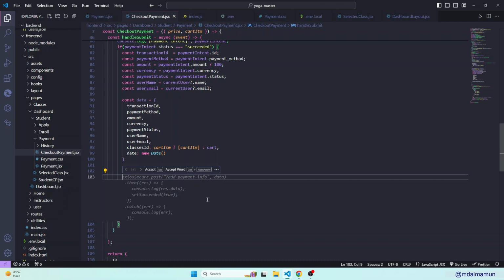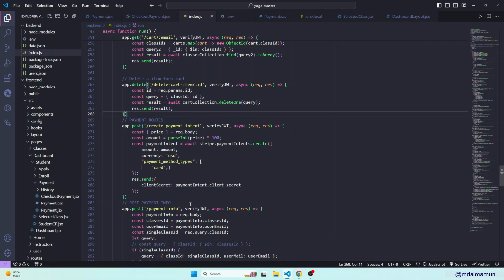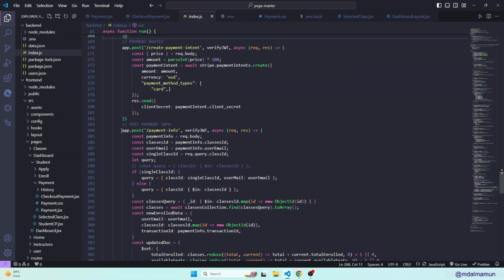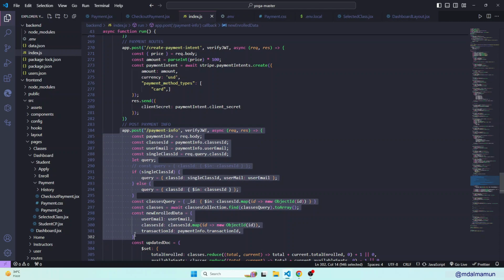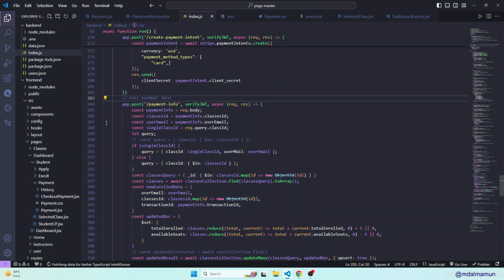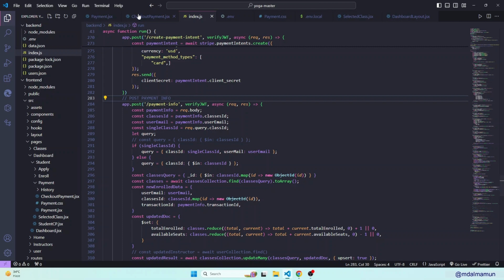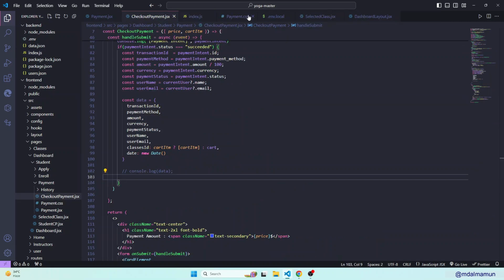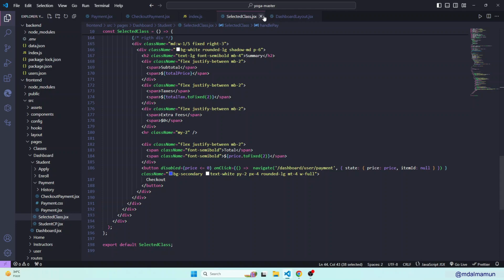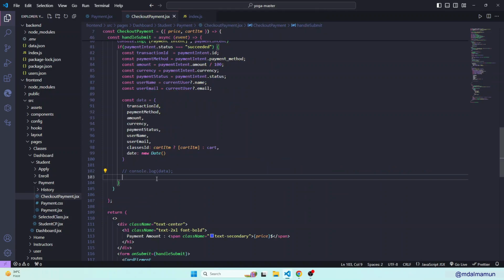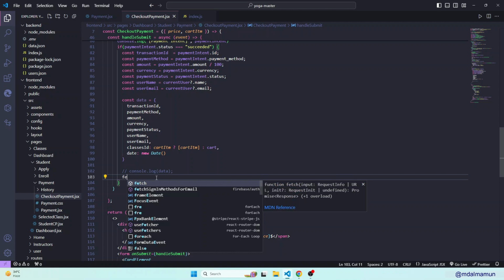So that's why we will fetch it, and we will define it to this field where we will capture this. Okay, so we will target this route, actually the payment info route, and then we will just pass the data here. So for this, let me close all of this unnecessary stuff. Here in checkout.payments.jsx, we will call the fetch method,